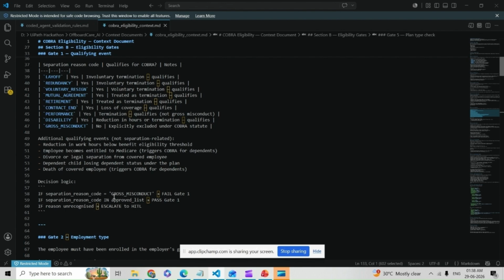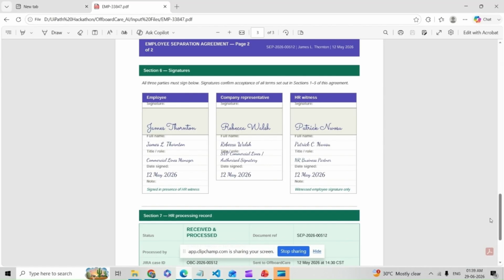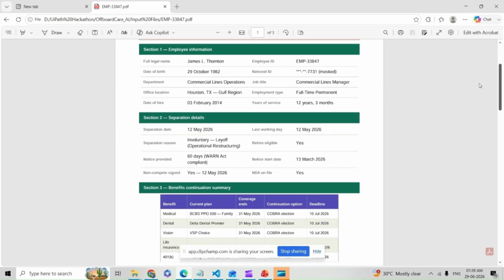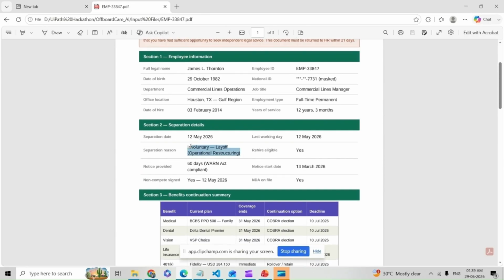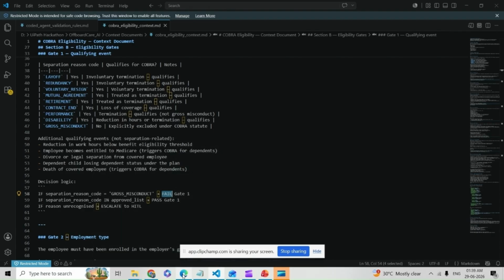So if the separation reason code is gross misconduct, the employee should not be qualified for the COBRA benefit. The separation reason present in this input file must be under these categories. For example, layoff is a valid separation reason. I hope